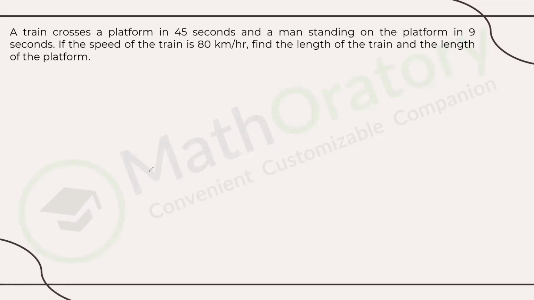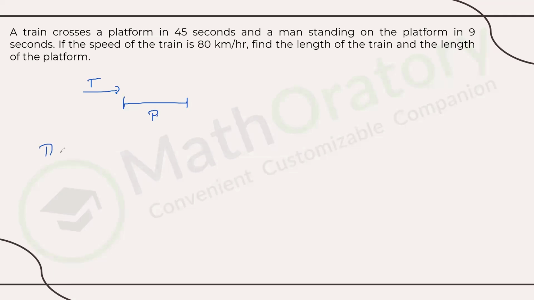Welcome back, everybody. We are here to discuss a couple of questions today. The first question: we have a train crossing a platform in 45 seconds and a man standing on the platform in 9 seconds. Now, when it crosses the platform, it covers the length of the train plus the length of